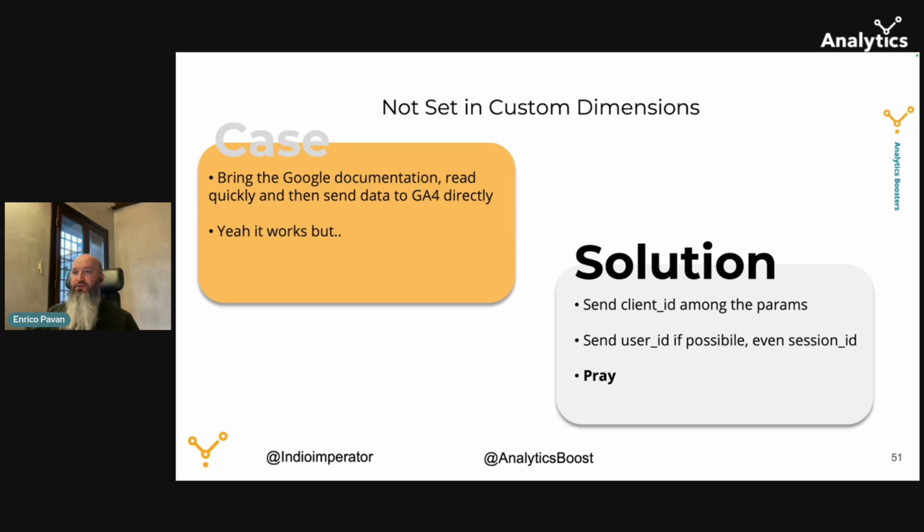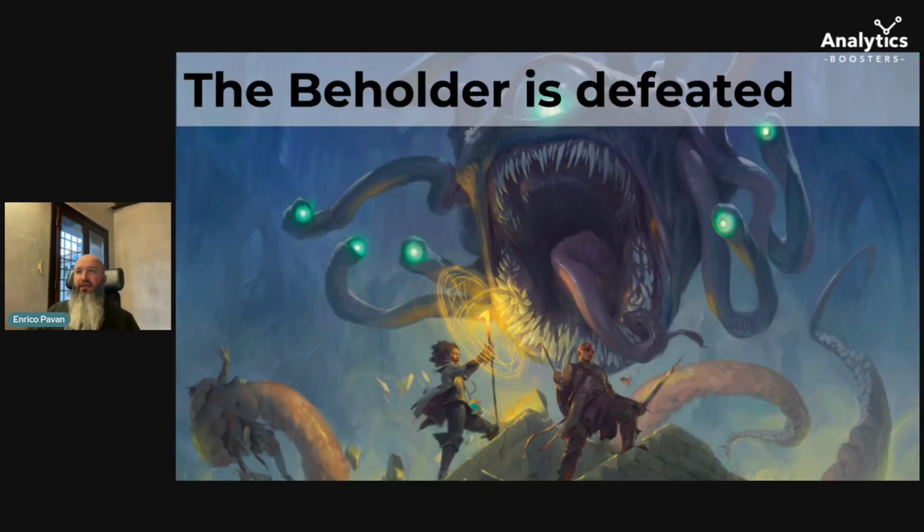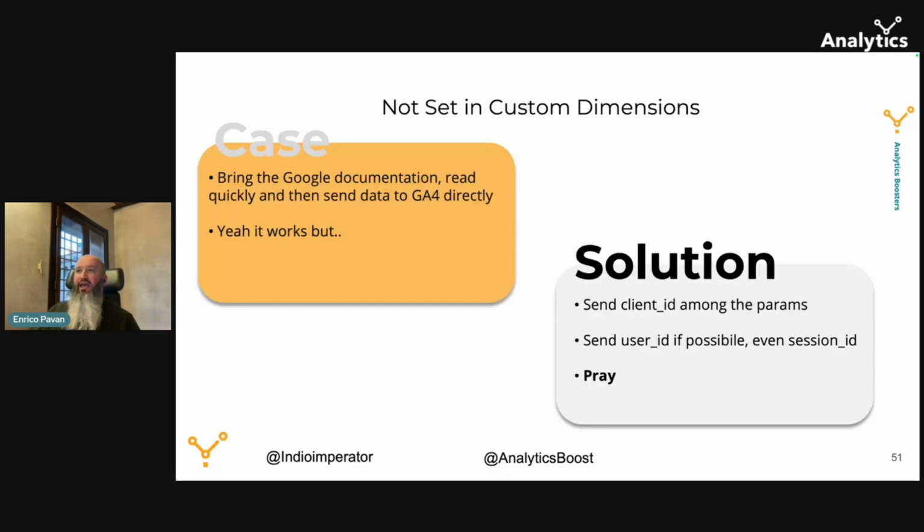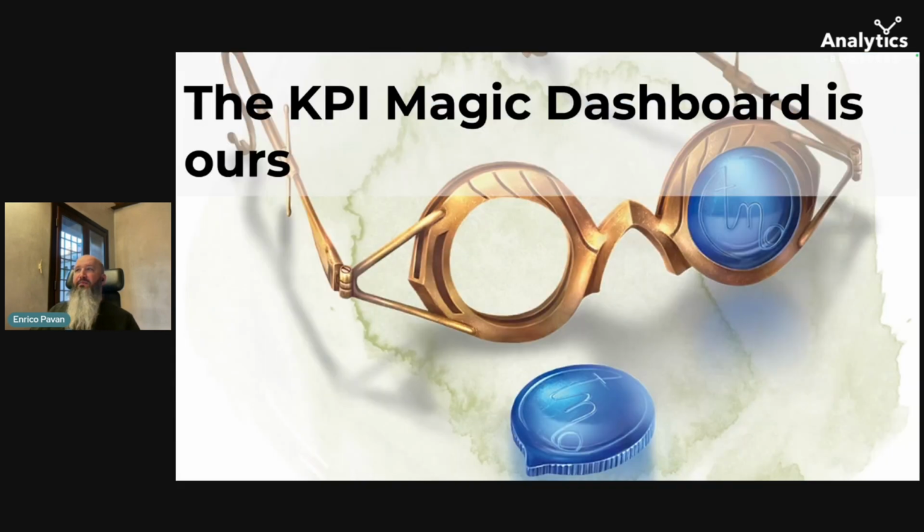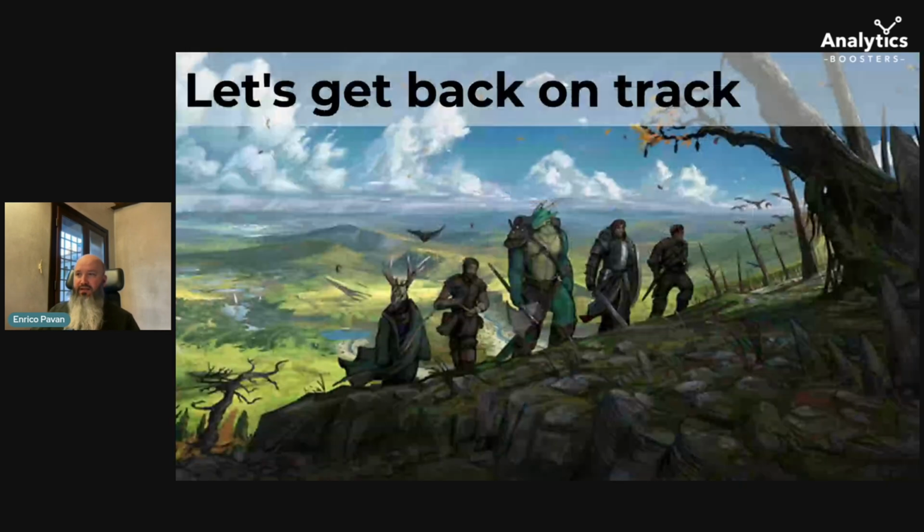And then we need to send the session ID in order to get the same session and attribution set properly between session users and user ID. And with all this stuff fixed, now the beholder is defeated and the KPI magic dashboard is in our hands.